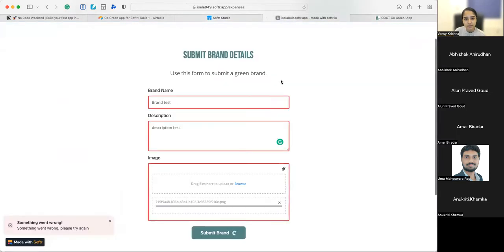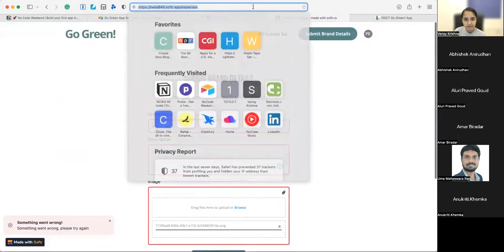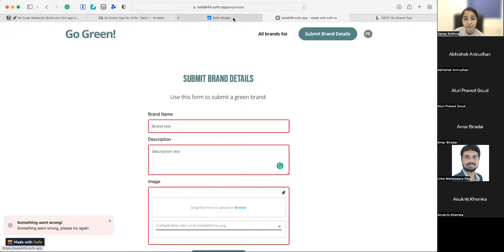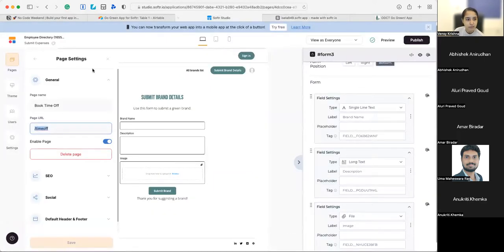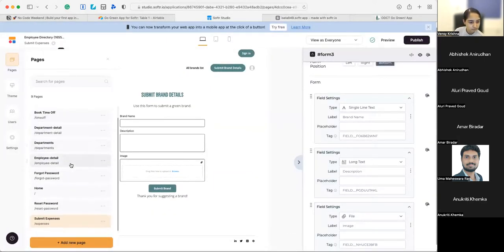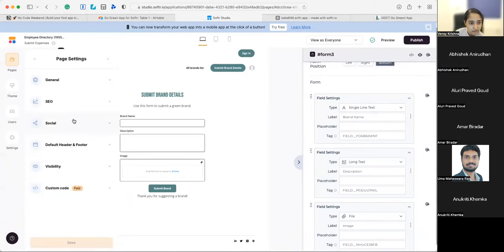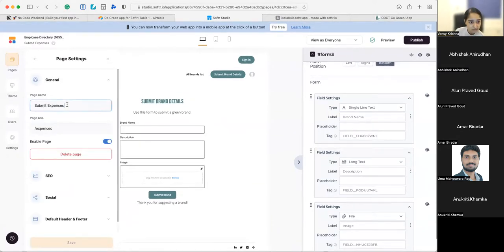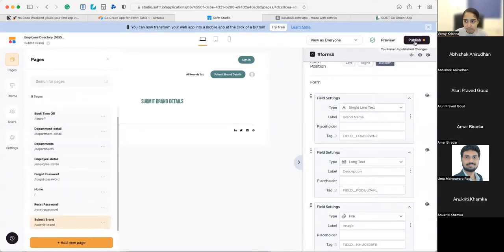What's a slug? On this page, you have something dot software app dot app slash expenses. That is the slug. So this shouldn't be expenses, right? So when you go back and click on submit expenses, 3 dots, settings, general, submit brand. Instead of expenses, you could just say submit dash brand. Now, if you save it and publish it,